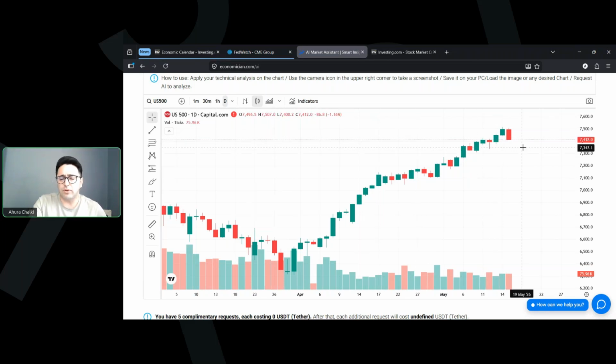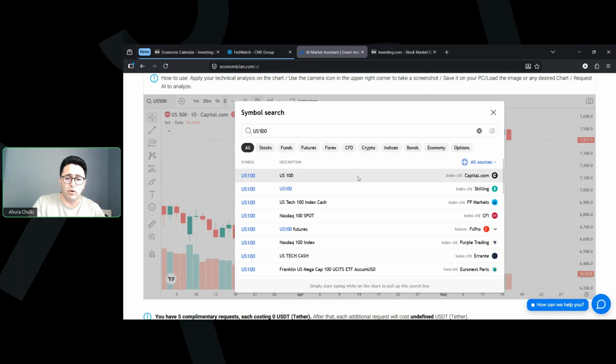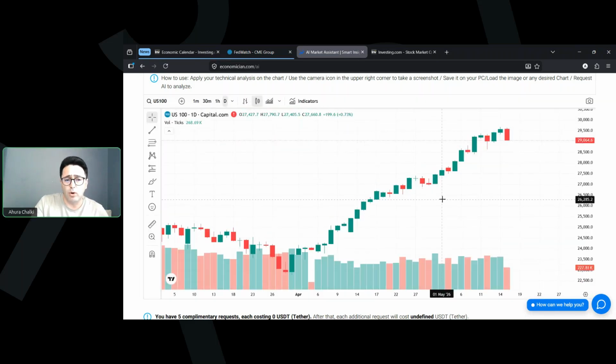The main reason for lowering this market is the higher risk in the market. During the past 2 weeks, especially while we had no war, Donald Trump was talking about the positive progress in the ceasefire. At the same time, we had positive earnings reports as well, and those earnings were also supporting the market. So that's why we had a positive movement in stock markets, including the S&P 500, NASDAQ and Dow Jones. All of them were printing new all-time highs every day.